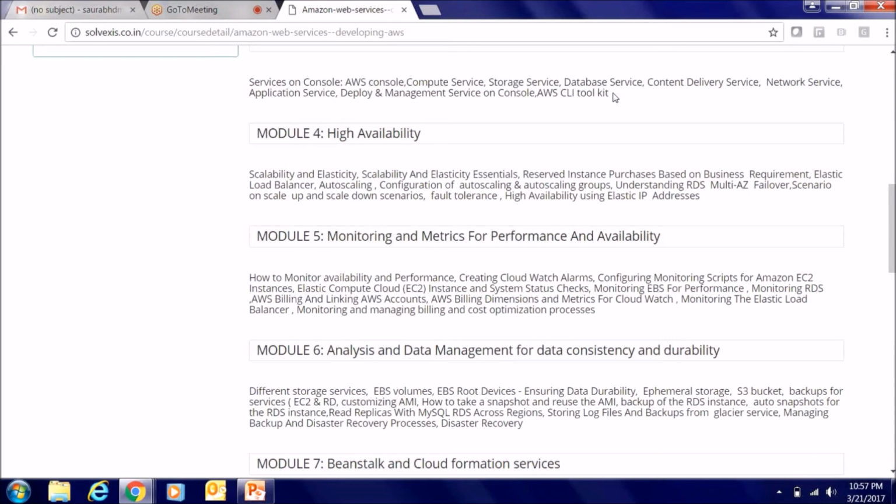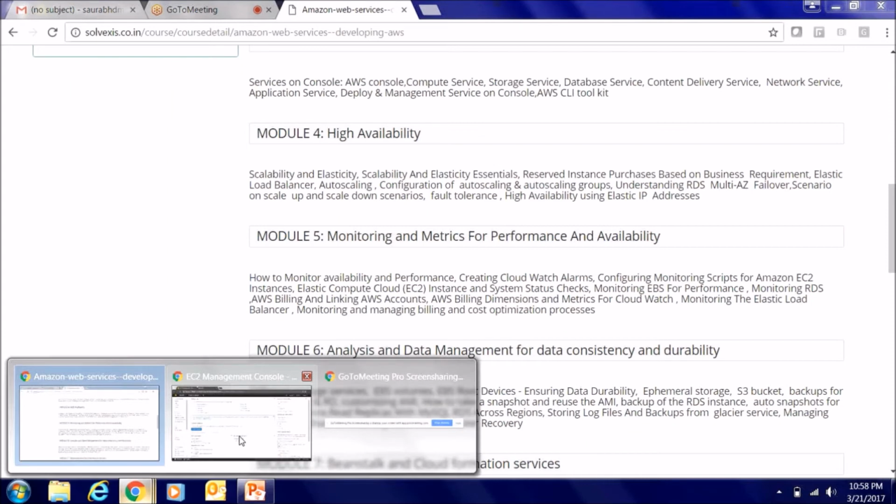All right, now let's have a look at the console itself, just to get a look and feel of the console. So just a demo session. We'll have a brief look at the console. I'm already logged in. I'll go to the services tab. These are the various kinds of services offered by AWS.